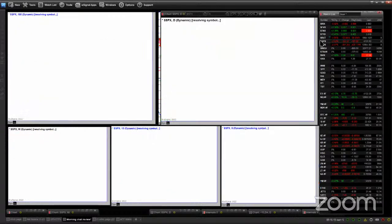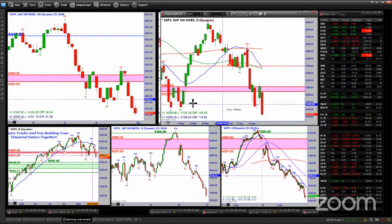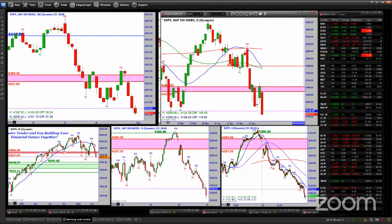So SPX, right? Fear has resumed into the markets. We've got put call ratio, a lot more put buyers. It's getting to an extreme. Breadth has got some room to go down. So here we have a scenario where, yeah, it goes down there. These get to an extreme, and it should set up a counter trend bounce once we get some kind of a pattern down there. So SPX today,